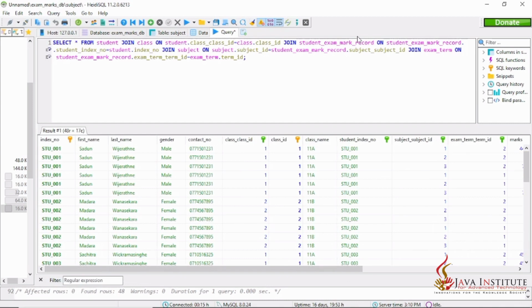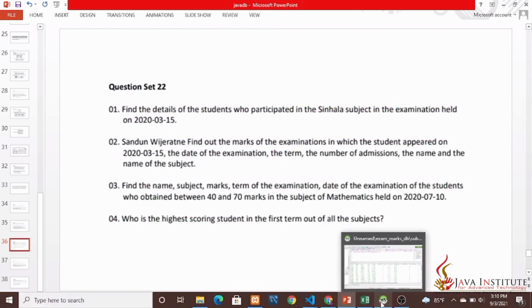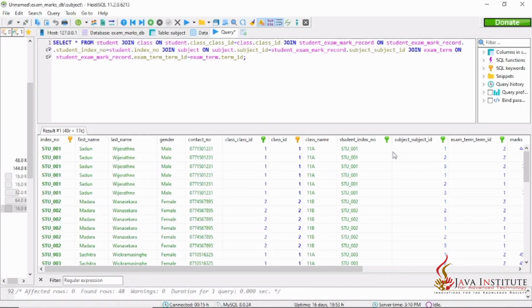Okay, this is how I have joined all the tables, and we have to find the details of the students who participated in the Sinhala subject. So okay, let's filter these details. Here we have to find all from these tables, and where clause, and we have to find where the student